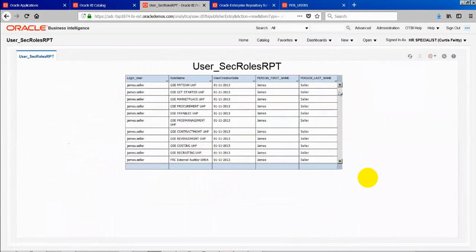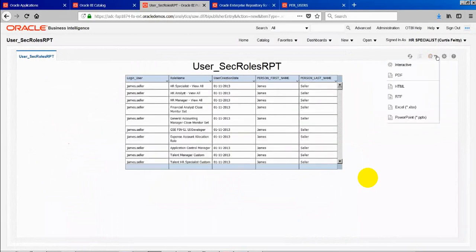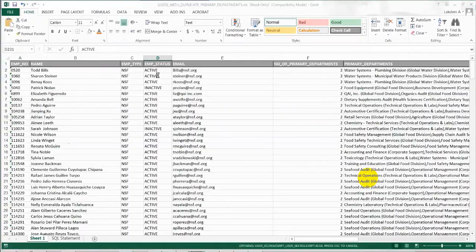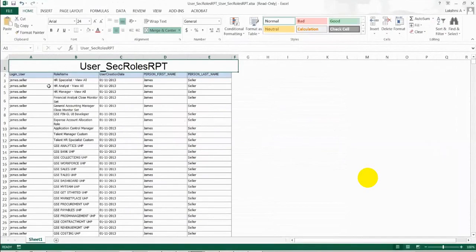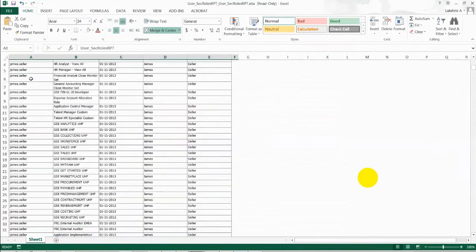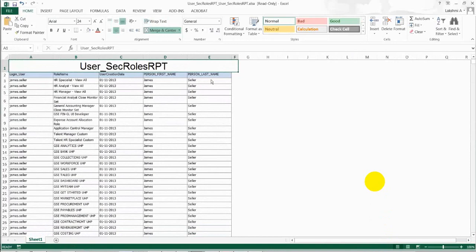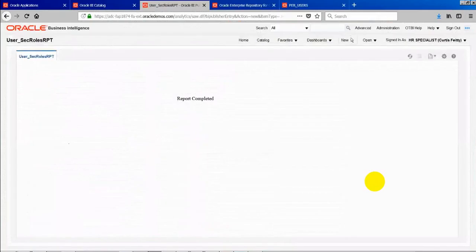Now, if you want to export data outside, you can do it in multiple ways. You can go here and export to Excel, and your data will be exported to Excel. You can also schedule this report to run on a daily basis. You can do many more things. You can make this report be delivered to an FTP server, or to a scanning machine or printer. We have many options. There are 23,619 rows for that. This is a typical way of creating a report in Fusion applications.